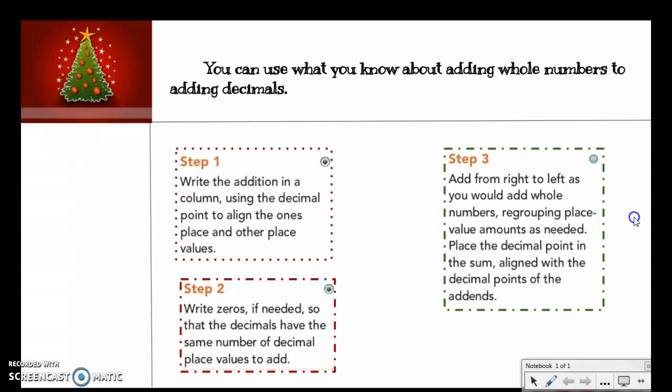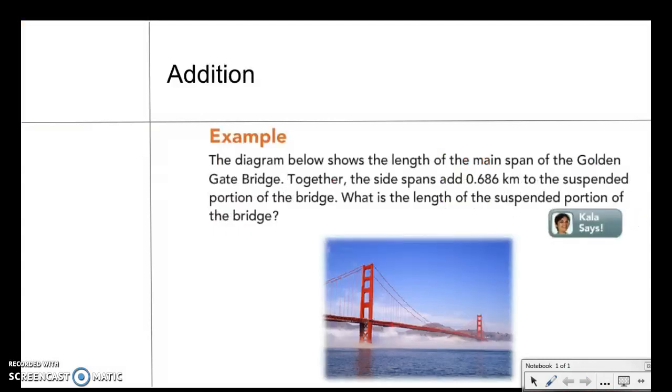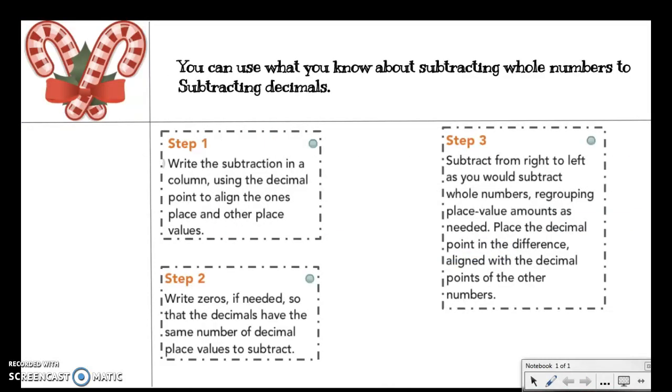And go ahead and switch. We're just going to flip this page. Okay. So you can use what you know about subtracting whole numbers to subtract decimals. Again, you want to make sure that you have it set up in your notebook. Step 1 is to write the subtraction in a column using the decimal points to align the ones place and the other place values. So let's say that we were going to subtract